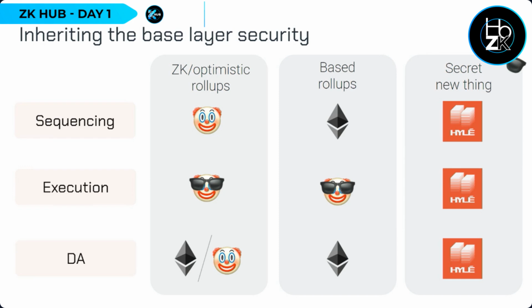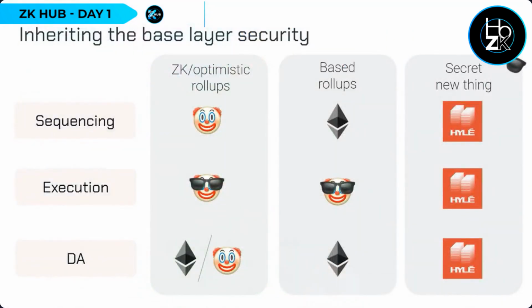Because you do optimistic proofs, fraud proofs, or you do ZK proofs. And it ends up being impossible to kind of cheat. But you get increased latency. You get potentially censorship issues. And then you got the DA problem. Some rollups send the DA of the chain to Ethereum. Some don't. And that's kind of awkward.